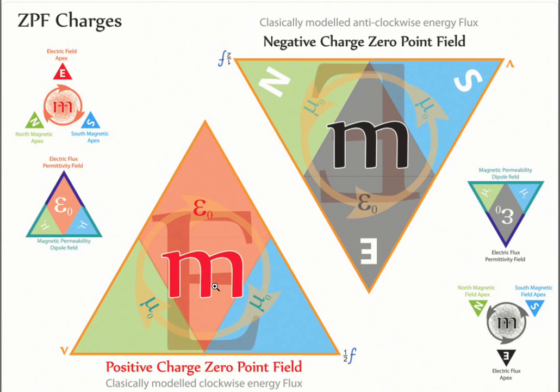We can now, using Tetryonic geometry, reveal what a 0 point field is, or what 0 point energy is. As illustrated in the middle of this picture, 0 point energy is charge. Specifically, it is the charged Planck quanta, one side of the quantum coin or the other, that you're measuring. It has an equilateral geometry, and it is one quantum of work